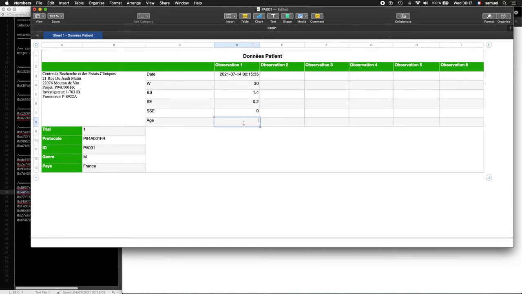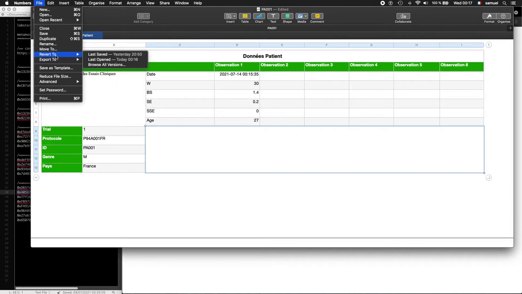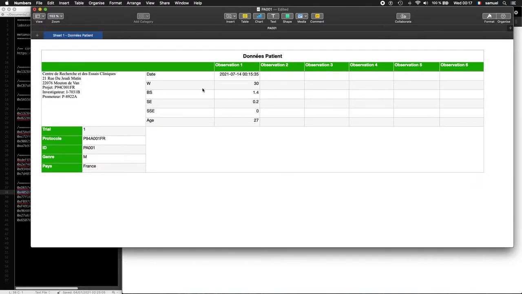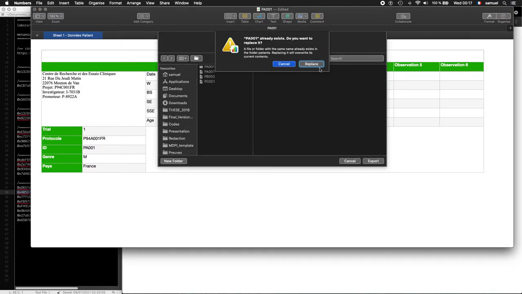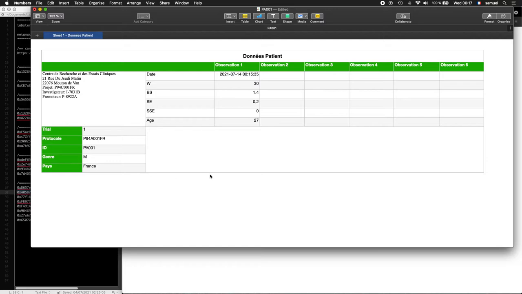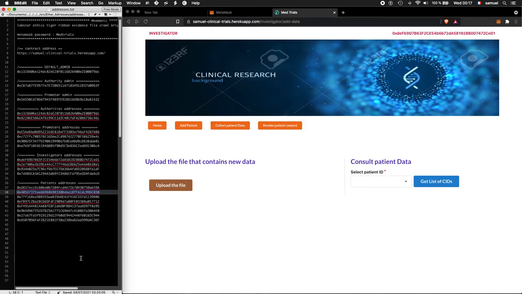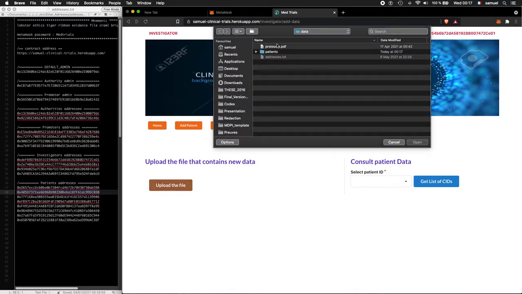For the age, I just put 24, and I need to save this file as an XLSX file, or an Excel file. Now that we have collected patient data, I need to go back to the decentralized application and click on Upload File.